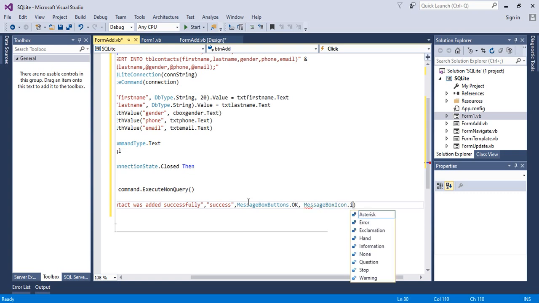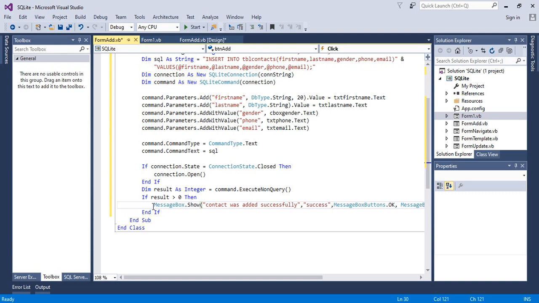You can use information, and also we can just copy this